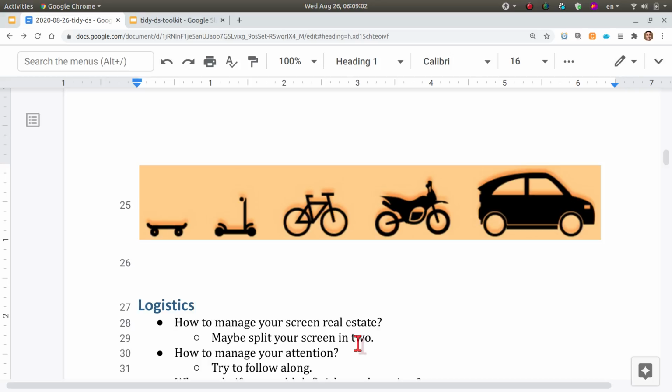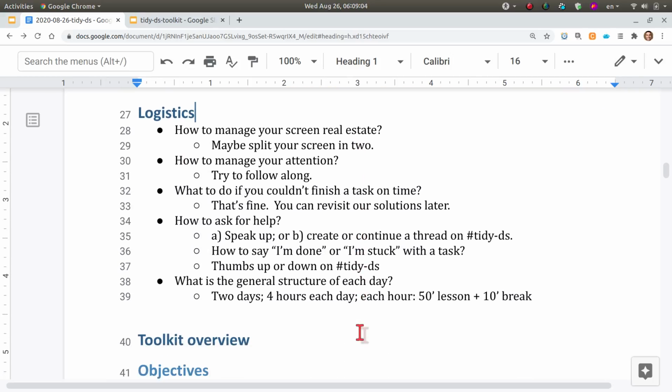In terms of the logistics, because this workshop is intended to be consumed as a recording after the fact, most of the lessons will have some content, maybe a little theoretical, but then most of it is working. So I offer half of the screen real estate for you to follow along.